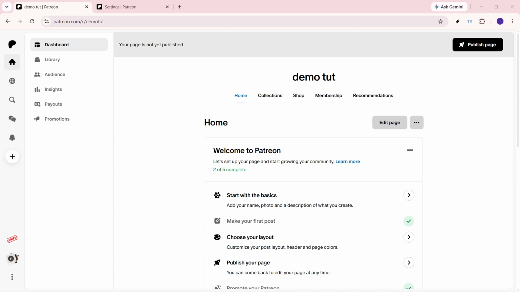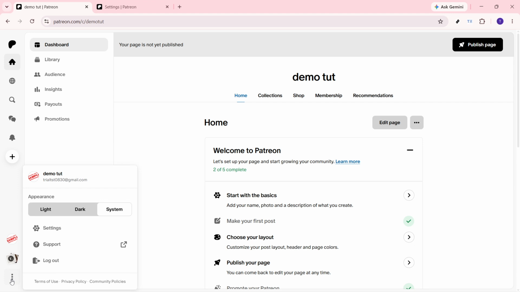Next, look down to the bottom left corner of the Patreon screen. There, you'll see a 3-dot menu. This is a small but important menu that contains additional options related to your account and interface settings. Click the 3 dots to open it. If you don't spot it right away, just check the very bottom area of the left-hand sidebar, since that's where